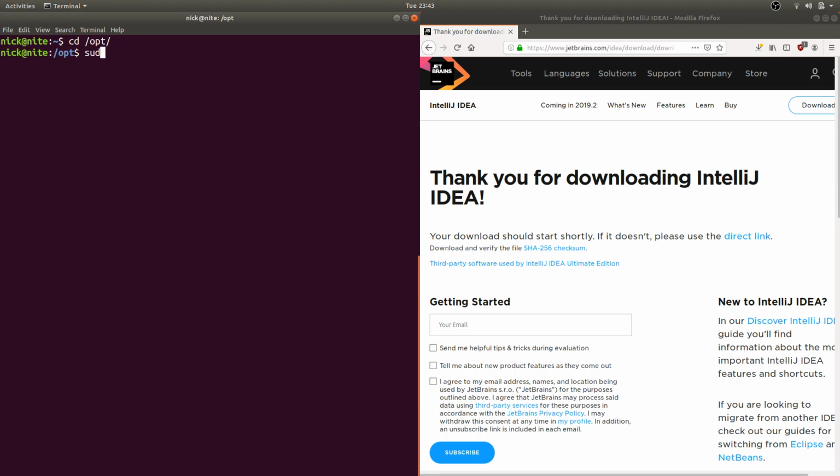And then what you want to do is sudo tar -xvzf, and then you want to type tilde / go to your downloads, and then you want to type the name of the tar file that you just downloaded. And okay, so it should be, there we go. Alright, and so now when you click enter for that, it's going to go ahead and extract Intellij into your